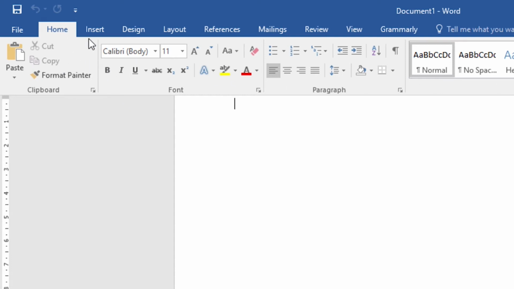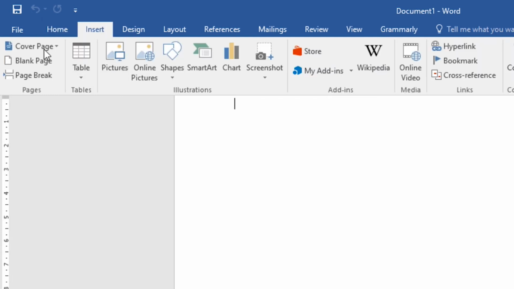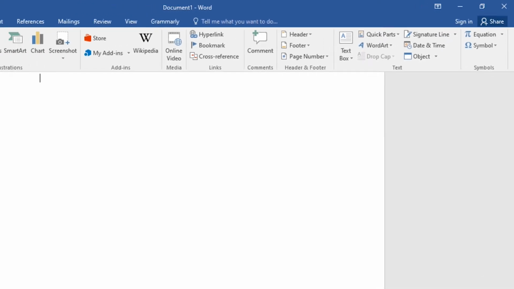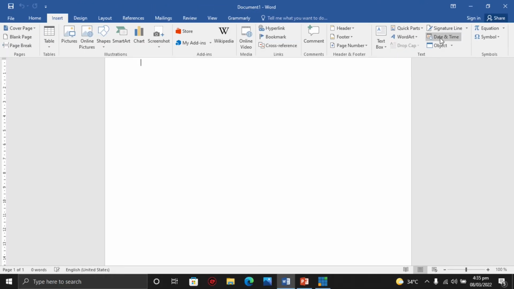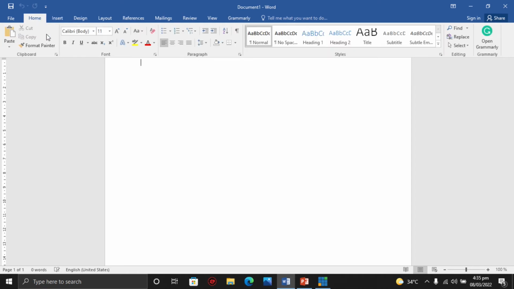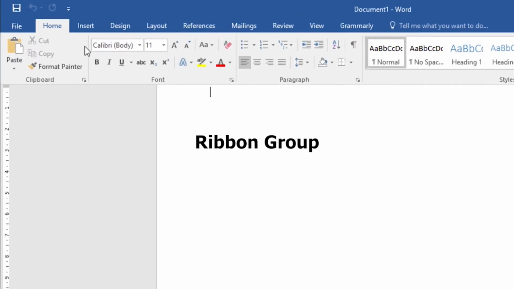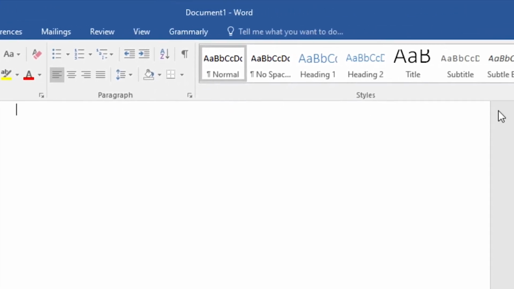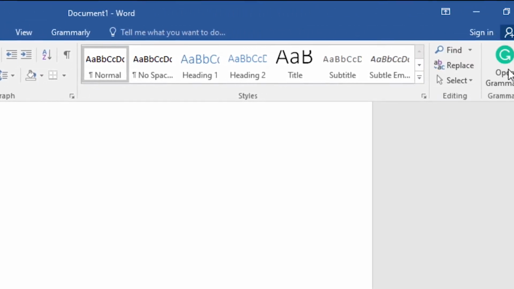So you can see here. So if I click on insert, you see a different tool that is contained in the insert tab. They all display on the ribbon, as you can see here. So right now, if you click on home tab, you also see the home commands being displayed here on the ribbon. The ribbon is divided into groups. So you can see a line, a demarcation. There's a line here, there's a line here, and there's a line here. You see lines here, and lines here.